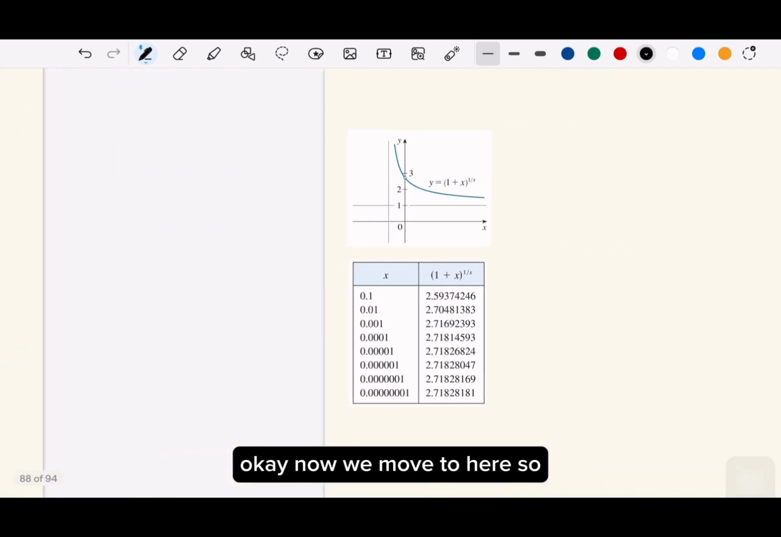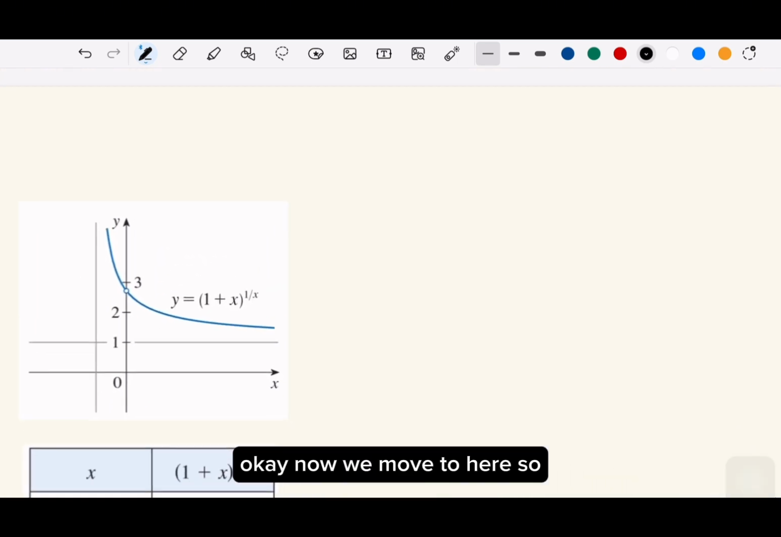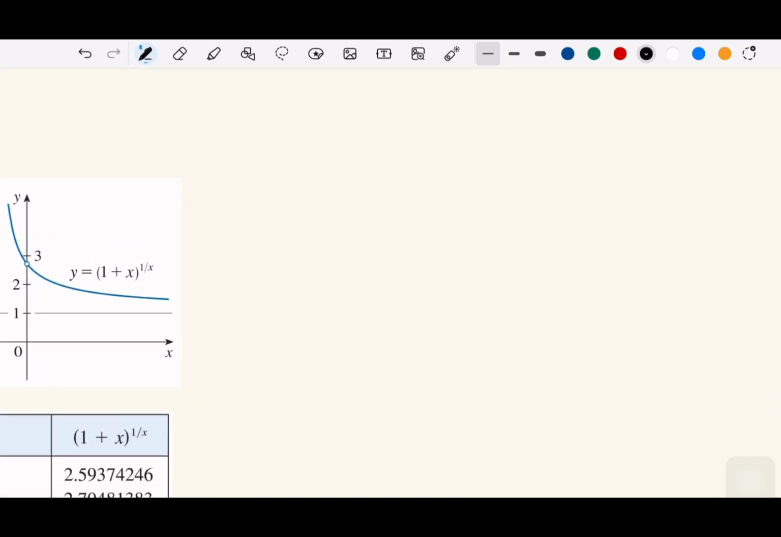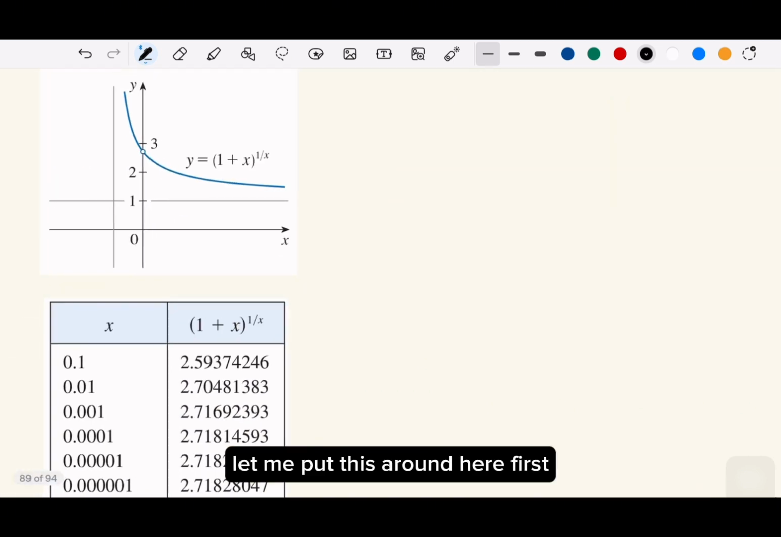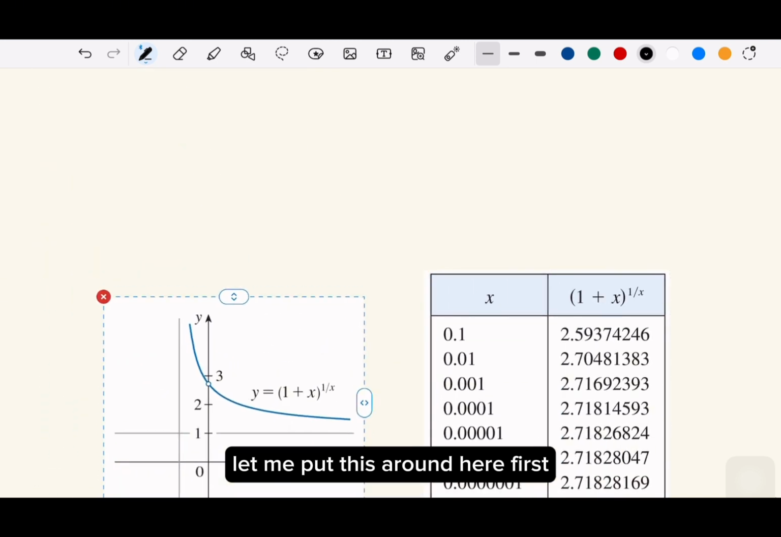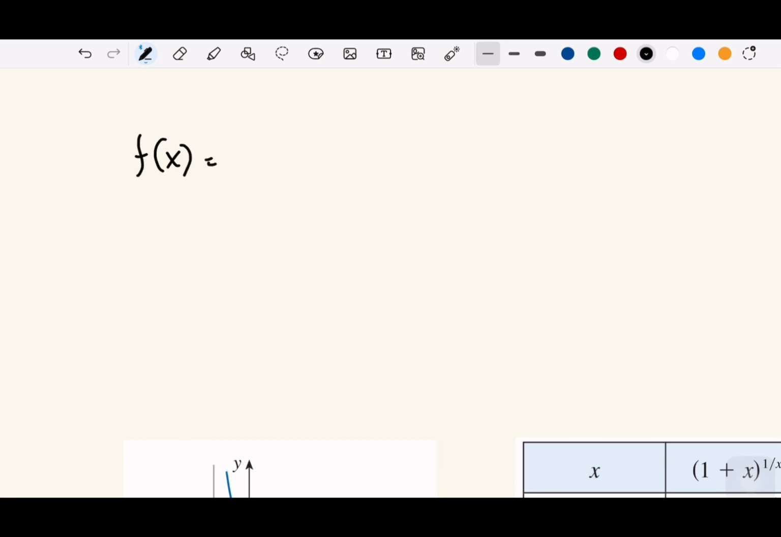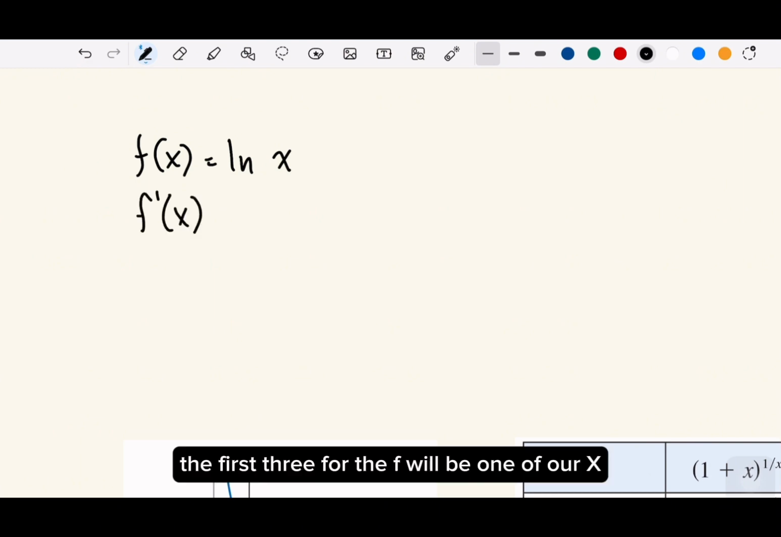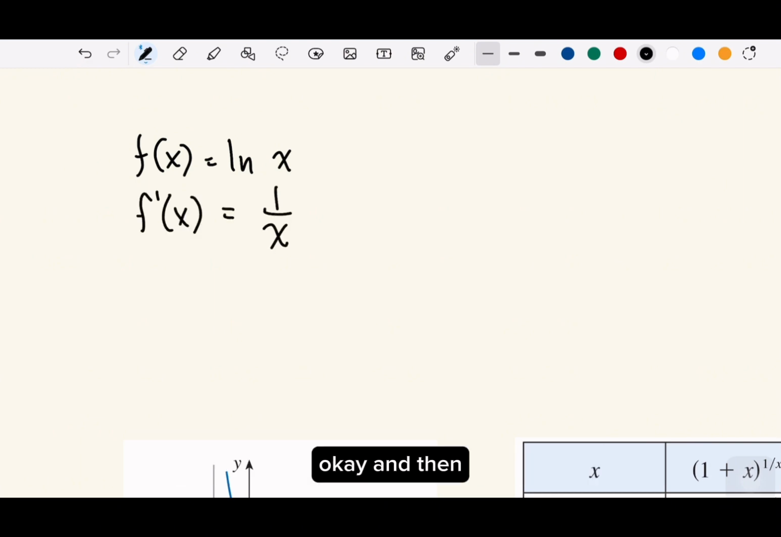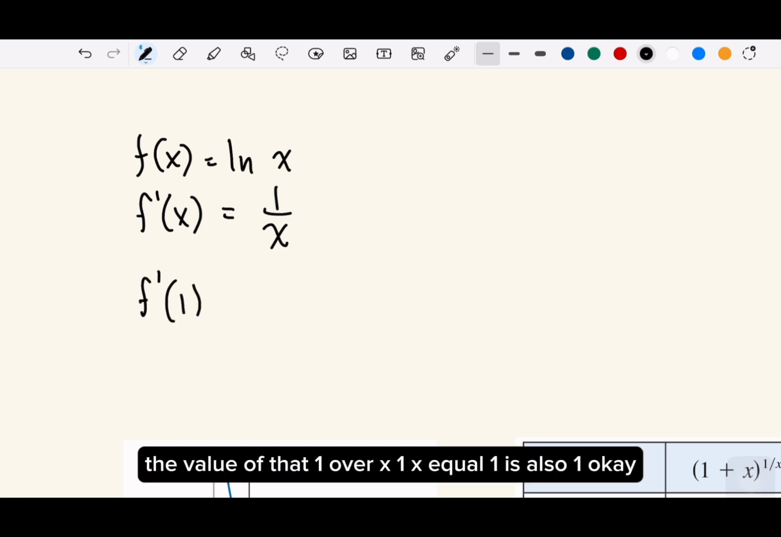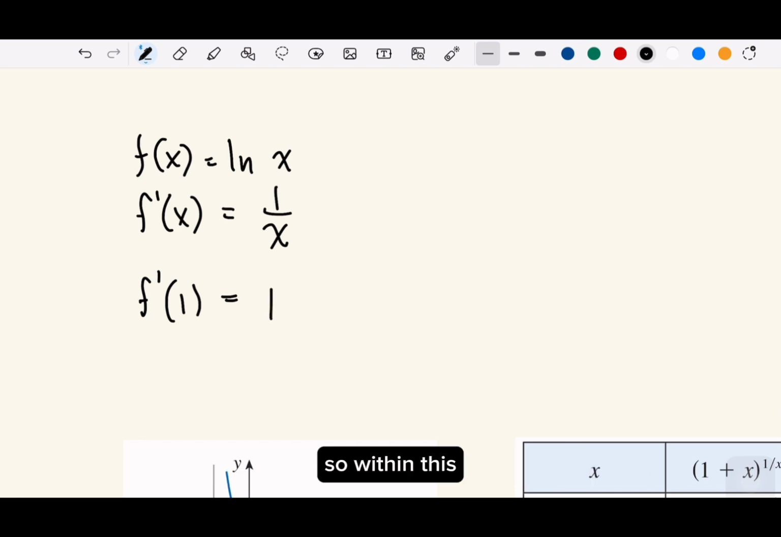Okay, now we move to here. So let me put this around here first. So we know that if we have f of x, if we have this ln, the first derivative will be 1 over x, okay? And then the value of that 1 over x when x equals 1 is also 1, okay? So within this number, we can write